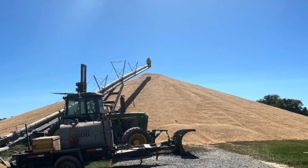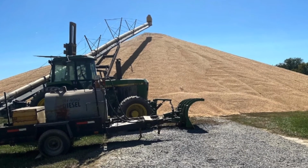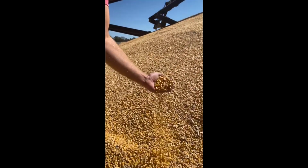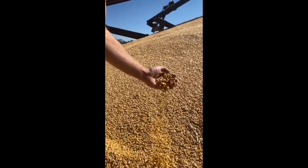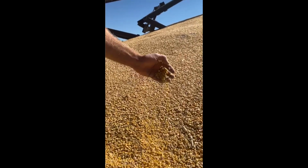So in a year like this year, where we have an abundant harvest with really good yields, we will actually run out of long-term steel storage, and we won't be able to ship it out fast enough to create space. In that case, we will start to pile corn on the ground. At this particular facility, we have room to pile about 1 million bushels of corn on the ground, in addition to about 2.5 million bushels worth of steel space. So that's kind of a short-term solution for a problem when the pace of harvest is faster than what we